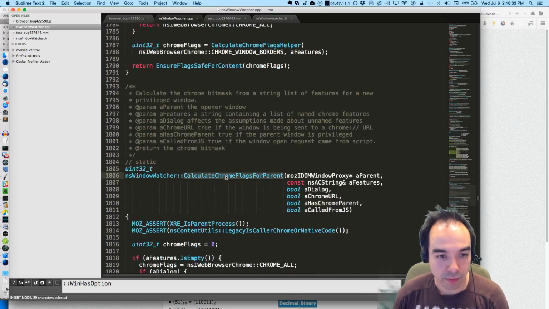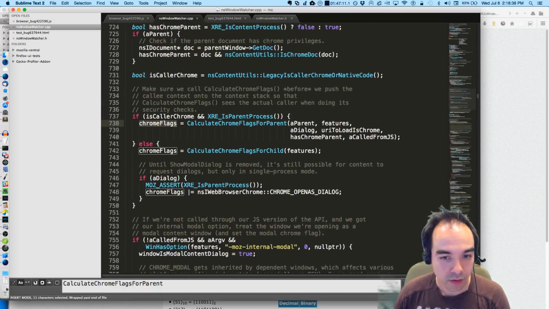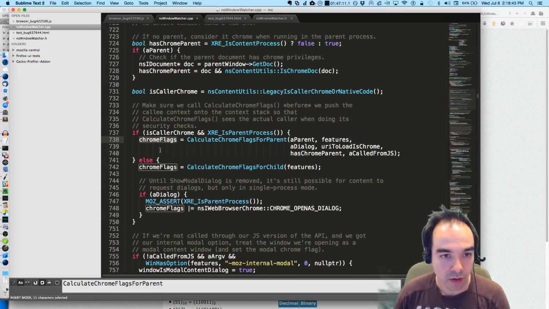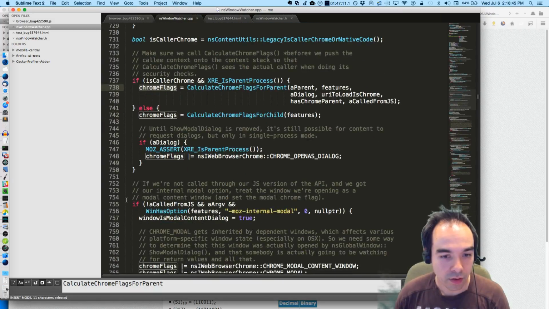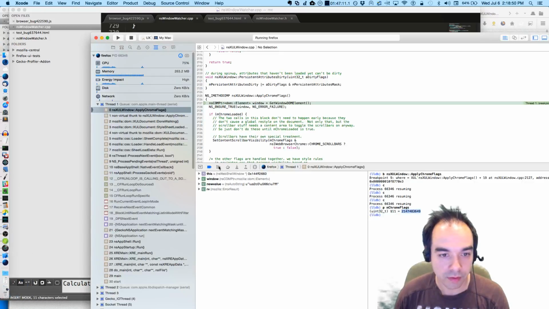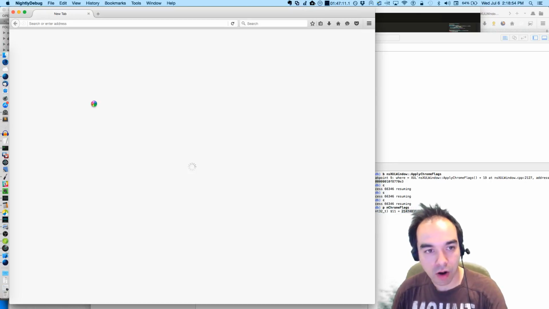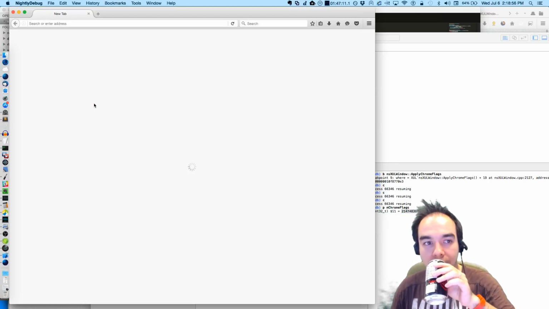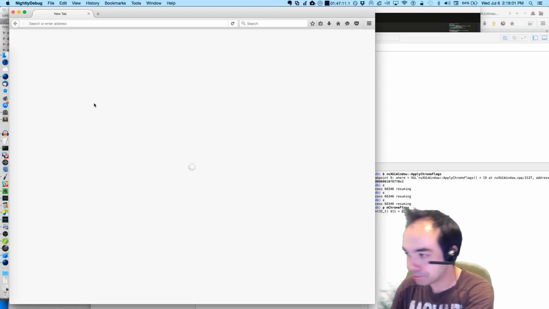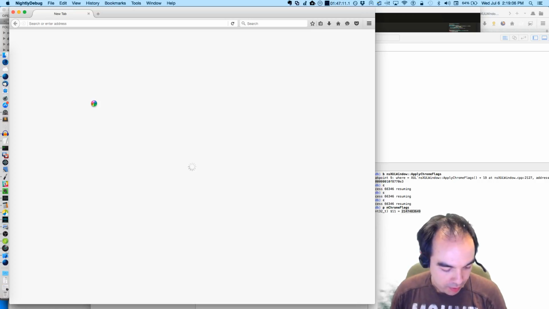Calculate Chrome flags for parent. Okay, so I'm going to continue. That's really interesting. The wrong Chrome flags are being stashed. The ones that we calculated weren't being set. What the dealio?